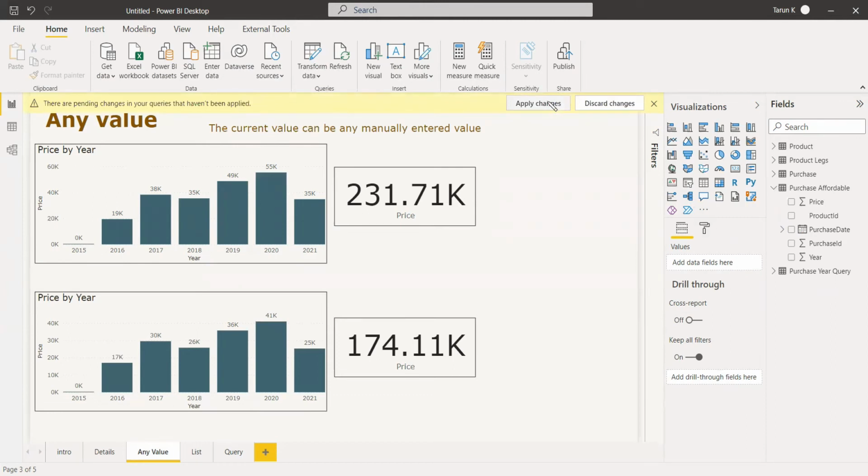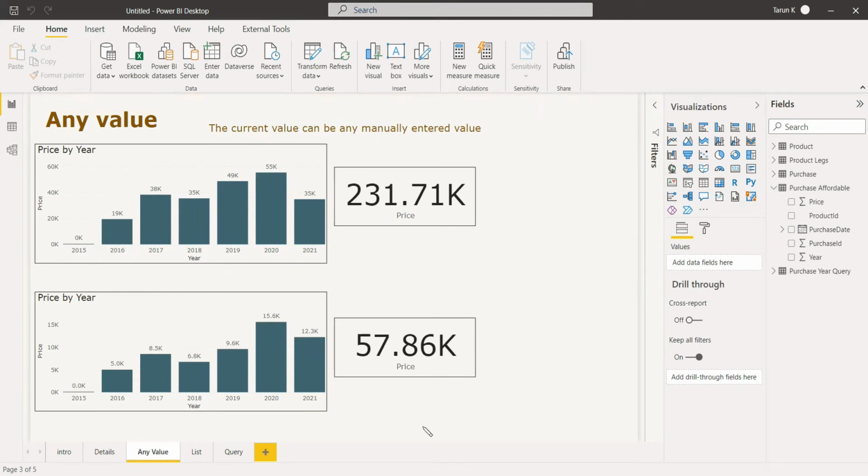You can apply changes. So less than 5, the data is very little. That is why we got this amount. If you give that parameter as 15 or 16, the value will be something near 230, because the highest value is something near 16 or 17.